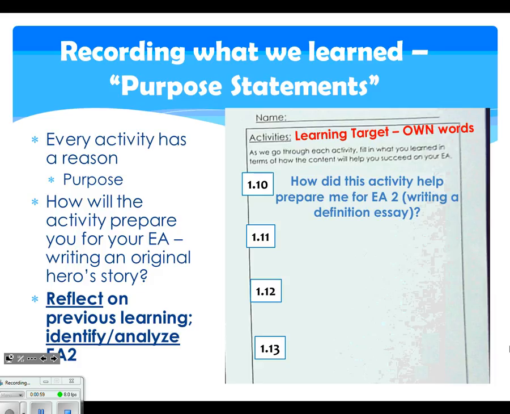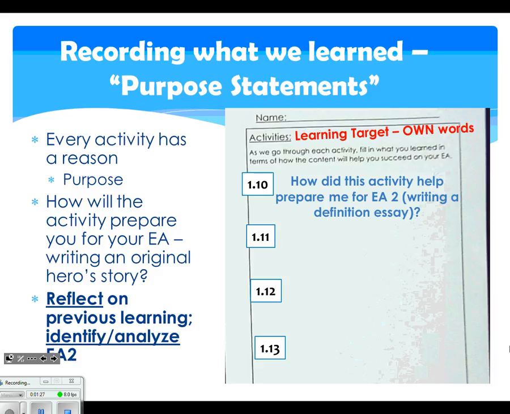So remember, this essay about defining a hero, you're going to be graded on 9 concepts. So make sure that as soon as you can, that bookmark's done. Okay, now still staying on the front side of your bookmark, we're going to focus on what's on the screen. The bottom left-hand corner of the screen has the 2 learning targets for our activity yesterday. We reflected on previous learning, and we identified what the upcoming assessment was.